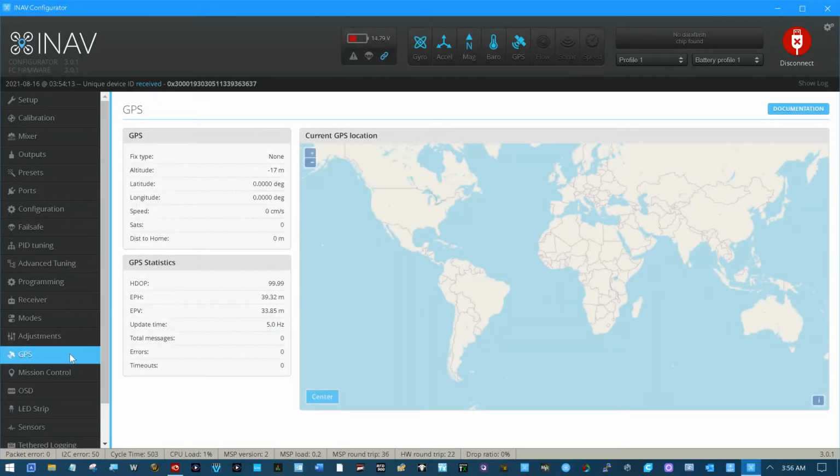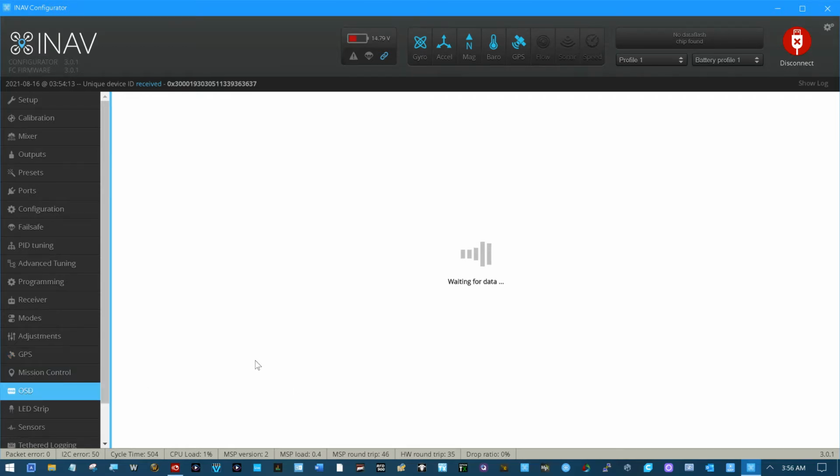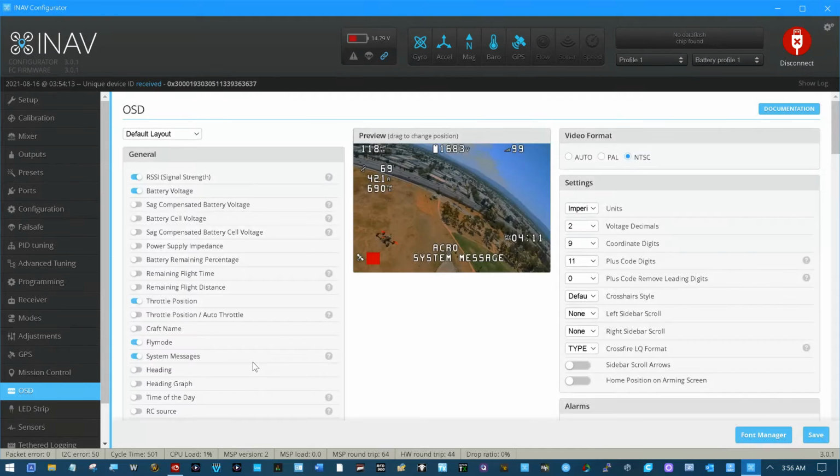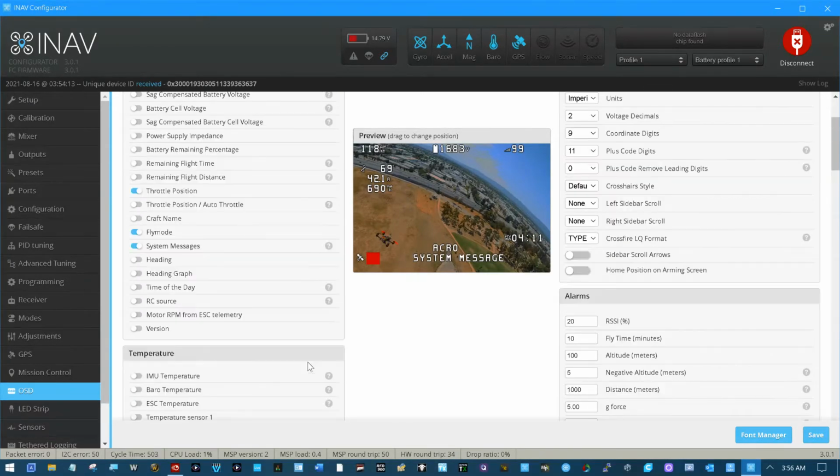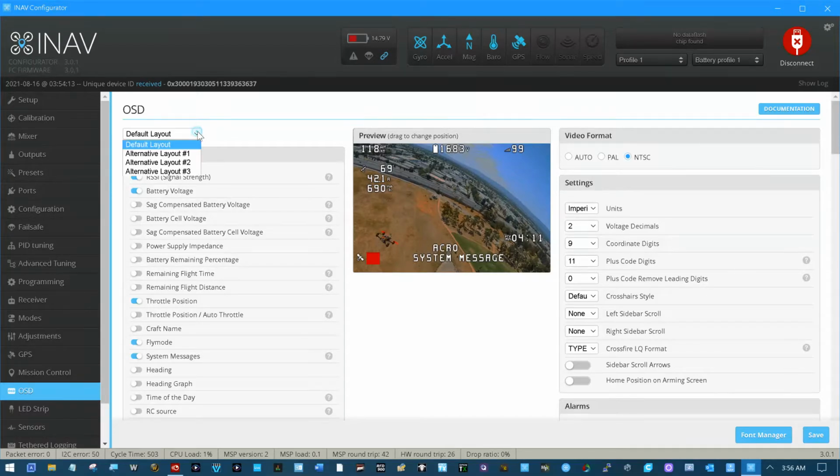GPS, nothing happening there. It just works. OSD, I did change around a lot of the screens. I did set it hard to NTSC, 2 decimals of voltage. Took off the home position and arming screen. Don't have any alarms set up at this time. I'm using screen 1's just